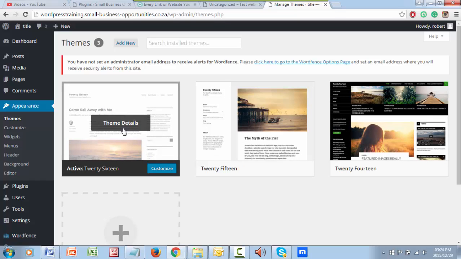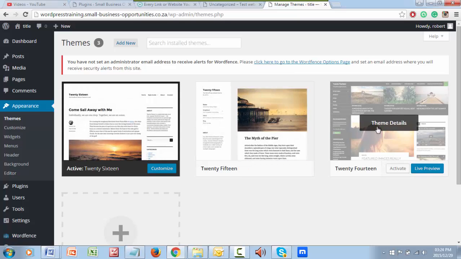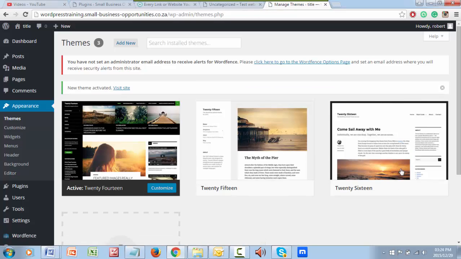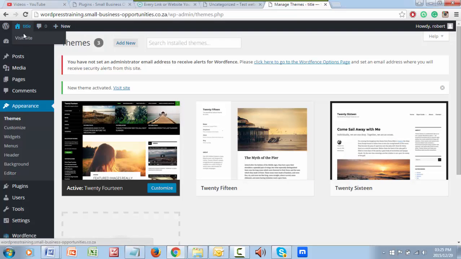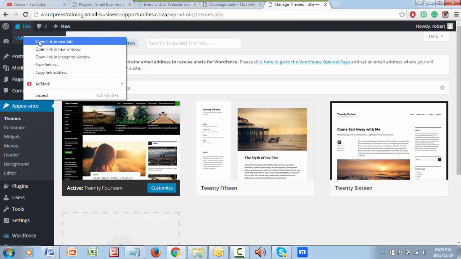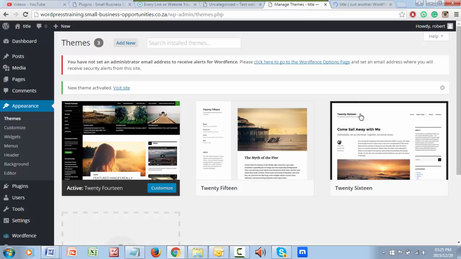Okay, so you could look at this now and think that layout's cool. Let's do this. Activate it. Give it a sec to see. Now it's active, so I could customize it. For now I'm not going to. I'll right click here, open link in a new tab. I'm going to show you that it looks terrible, and yet before you see how terrible it looks,